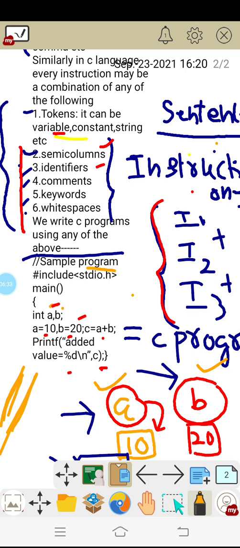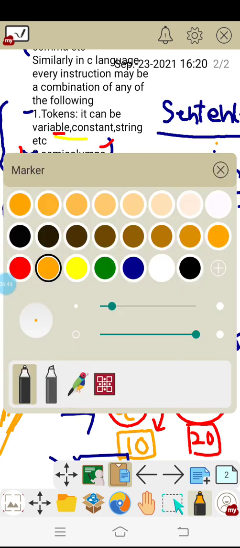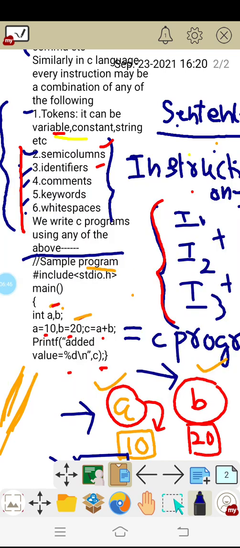What is the next one? Keywords. Keyword means here a and b are integers, right? For integer we use a keyword, that is the int keyword. So this is a keyword. I'm giving what are the things that make a C program and also the example program, and I'm identifying each of them.